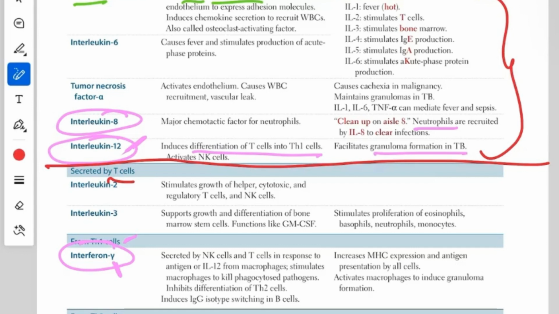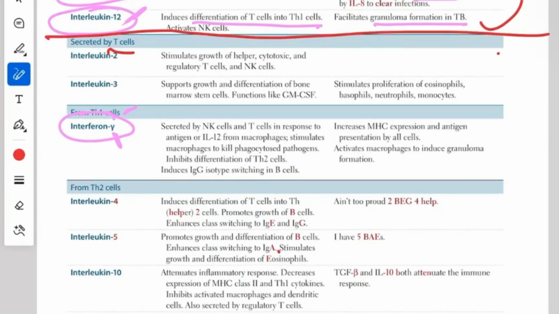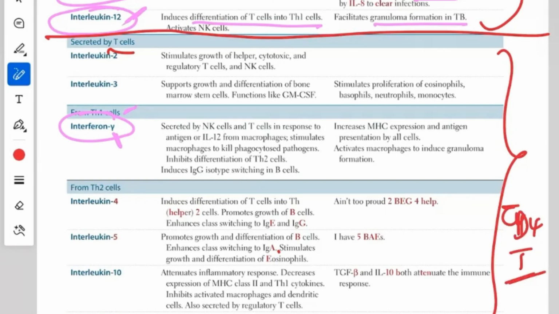Then interleukin 8, okay, neutrophils, bacteria, pus, interleukin 8 and C5a. If you hear interleukin 12, TB, granuloma, all right? TB, granuloma. And what's the function of interleukin 12? Stimulates CD4 helper T cell to become Th1, right? So that's for macrophage. And now moving on to T cell. So everything here is T cell, CD4 T cell, right? CD4 T cell. So when you hear interleukin 2 up here,